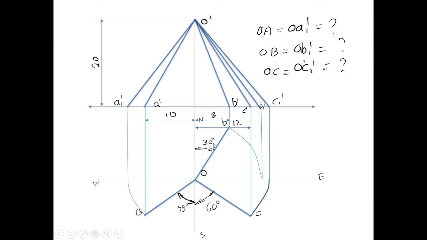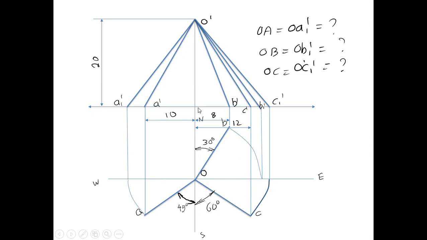The second one is from north, 30 degrees towards east. So from north you mark a point 30 degrees towards east, draw that line and then drop the point B dash. Like this you can get the point B. And the third one is from south 60 degrees towards east. So from south you mark 60 degrees towards east, draw that line and drop the point C. Like this you can get C dash, and like this the point C.